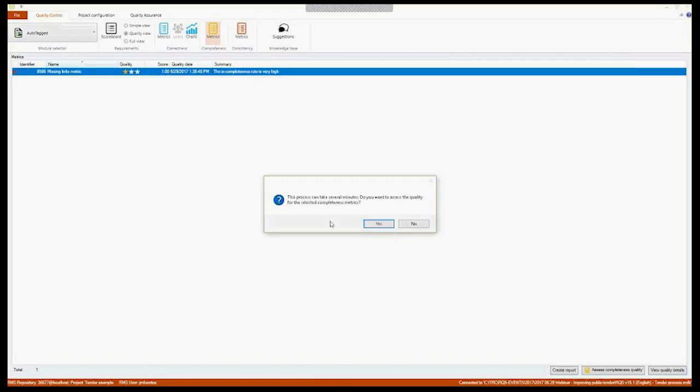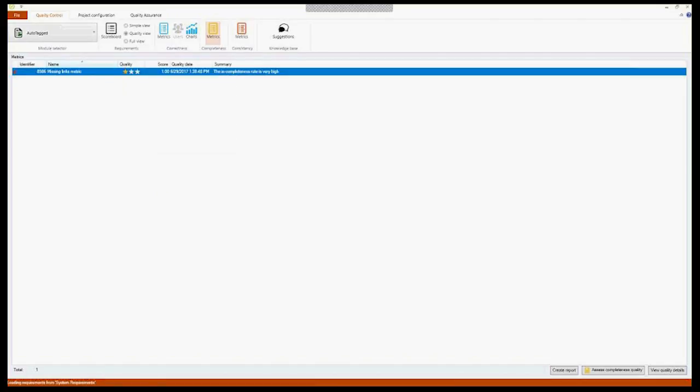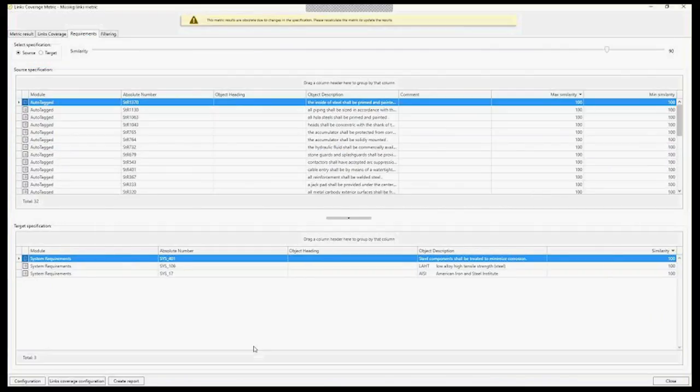So if we just check the content, I am here. No, I don't want to perform the metric. I just want to check the results. So now the tool is going to show us which requirements on the one side are fully covered with requirements on the other side. If you move here, you can find requirements in these two tables. You find requirements in the documents coming from the customer, with similar requirements